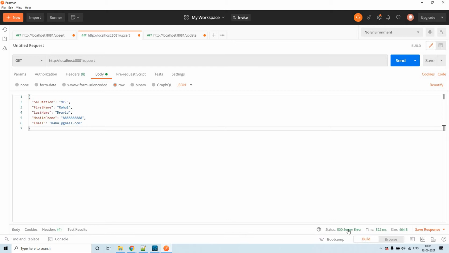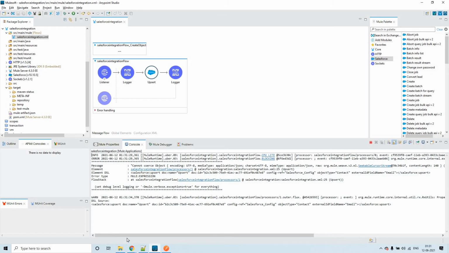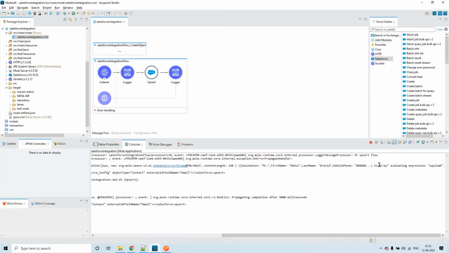See, a 500 server error has come, right? What it is saying is, cannot coerce object to array. Or else we'll see in the console. Yeah, you see, cannot coerce object to array. After evaluating that payload, it understood it as an object but not an array.